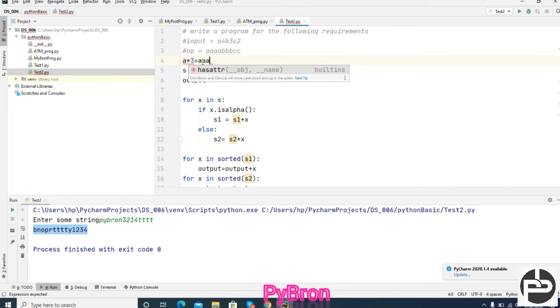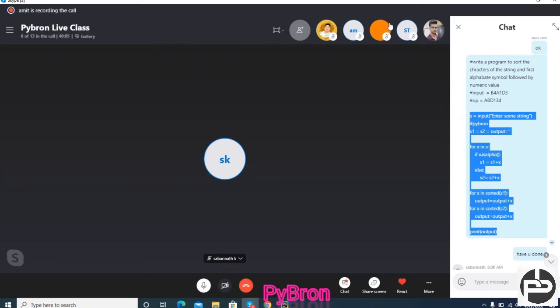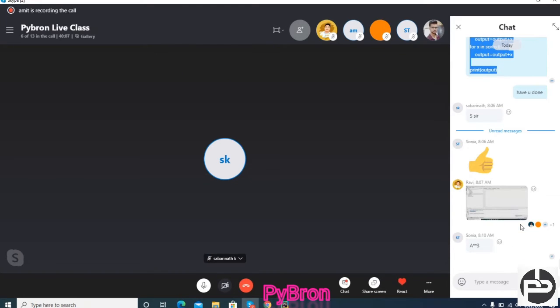So this is the concept: if we write this kind of thing, then we get 3 times. Yesterday I showed you Rajesh into 3, so we got Rajesh 3 times, right? Similar kind of thing. Have you done a into 3?